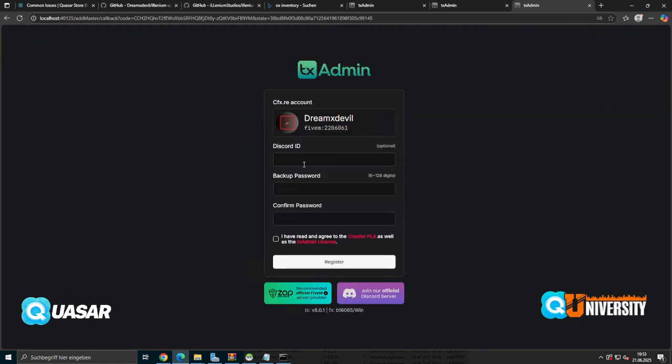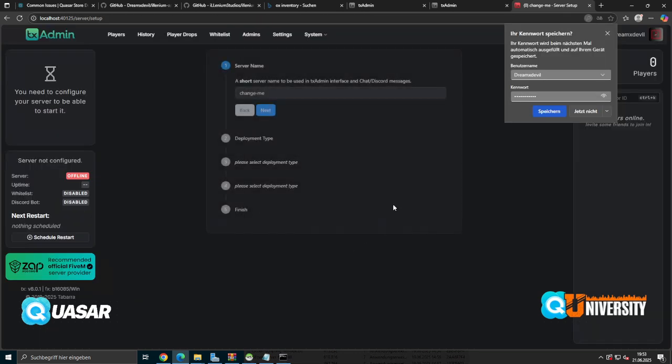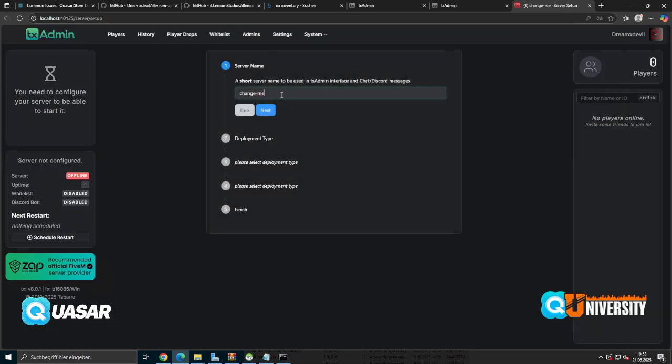Here you can write your Discord ID if you want. Here is the password that is needed. Then you have to accept the license. Then you can register. Then here you can change the name, let's say QS